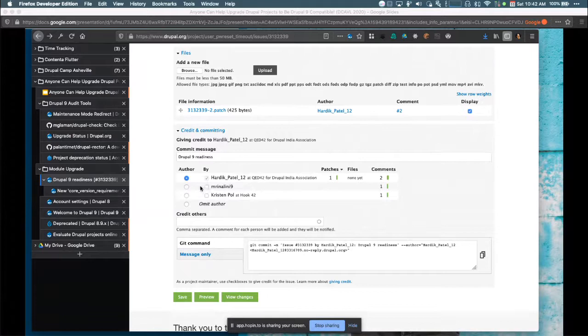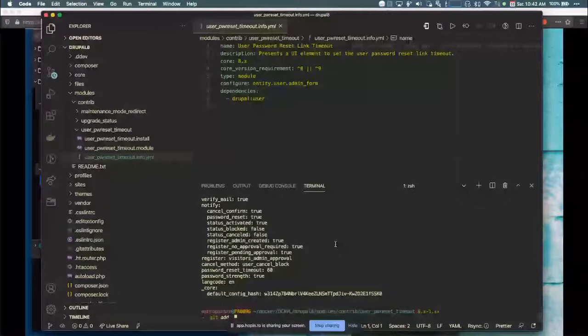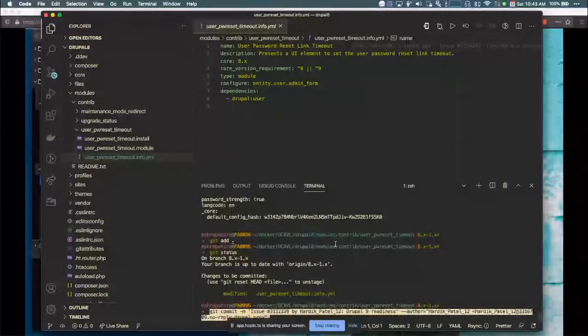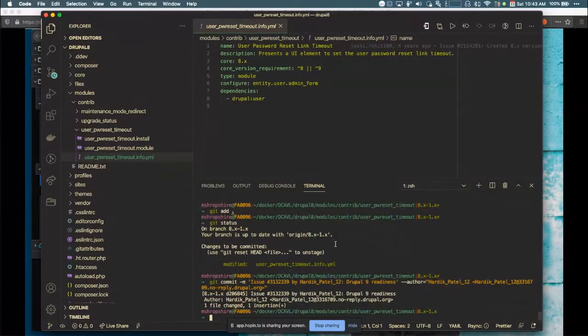This is a little behind the scenes on working with a project as a maintainer. And I am going to add all, check it and do git status. This just shows us that we've made a change to the YAML file. We're ready to commit it and push it up. And then I can just paste that git commit. What this will do is give everybody credit for what they've done, which is fantastic. I didn't do the work, they did it, but I get to test it and get it out there. And notice it says who the author is, but also puts in the message there others that have been involved.